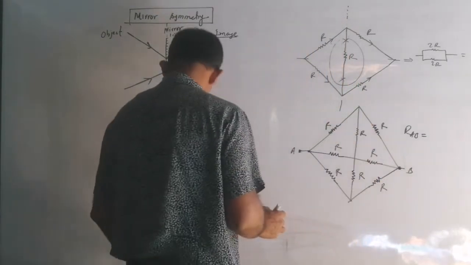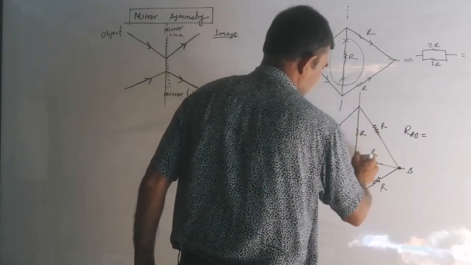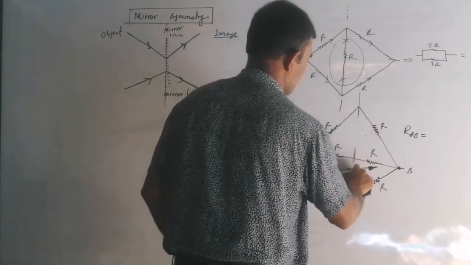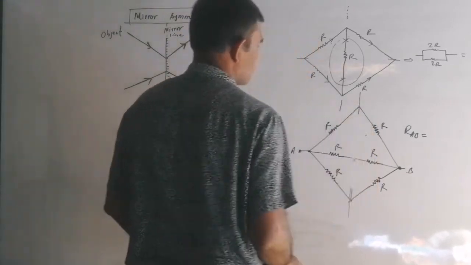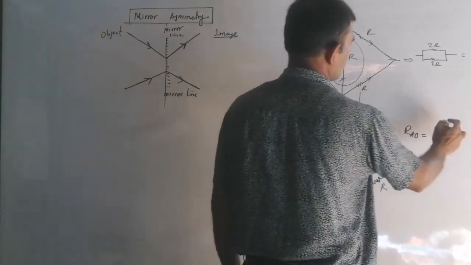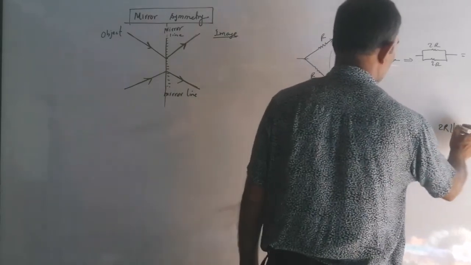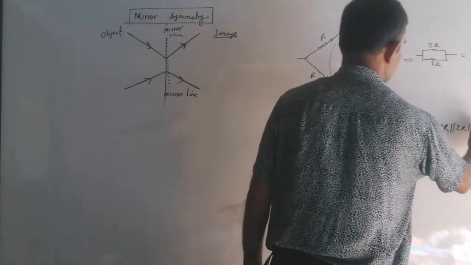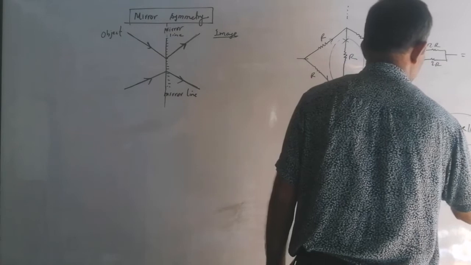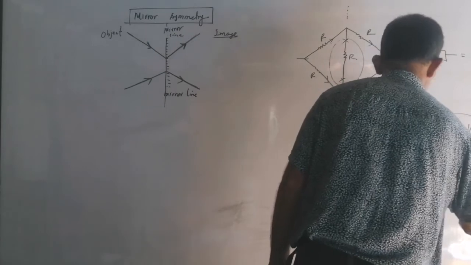This is the mirror line, and as I just told you, if this line is our mirror line, then there is no use of this resistance and this resistance. So what will the equivalent resistance be now? It is so easy for you. Upper is 2R, parallel to it in the middle also 2R, and in the last also 2R. I told you same resistances in parallel, divide by the number. So this is 2R divided by 3. So R_AB, the equivalent resistance, is 2R by 3.